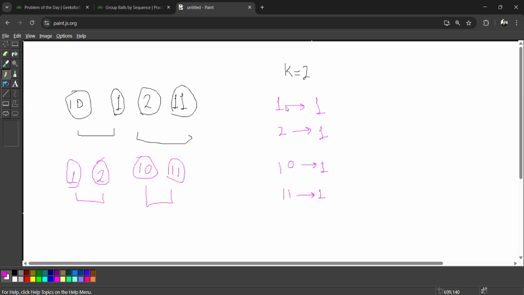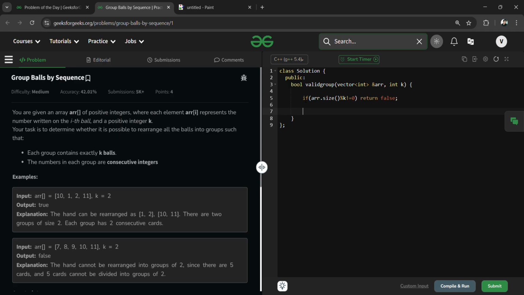Okay, so here like 1, 2, 10 and 11 we are actually getting, where this one is defining our values, and this one is defining our frequencies. So here in our program, first of all we have to get our map. I'm getting a map of integer types, where the first integer defines the value and the second integer defines the frequencies. So let's say I'm defining here frequencies, then after that I need to traverse inside the array,